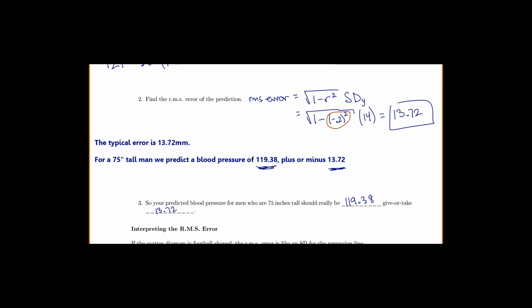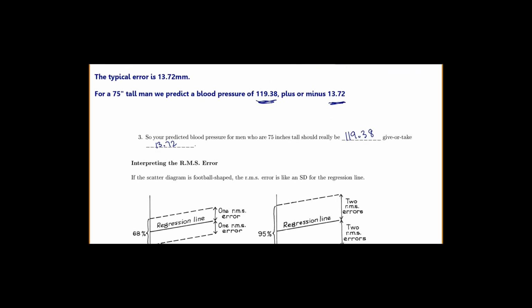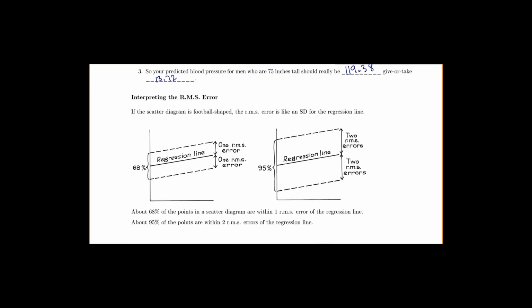Now we're going to talk about another way to interpret the RMS error. If our scatter diagram is football shaped, and football shaped just means that a line fits it,